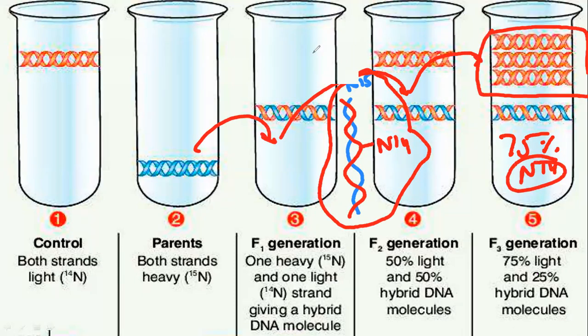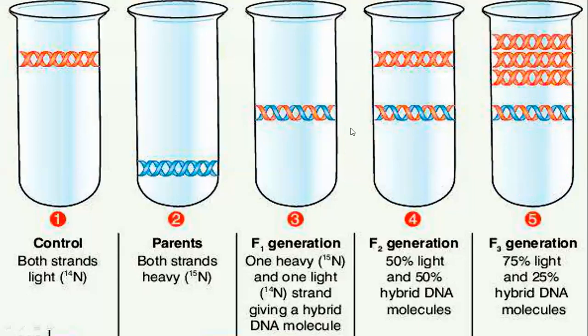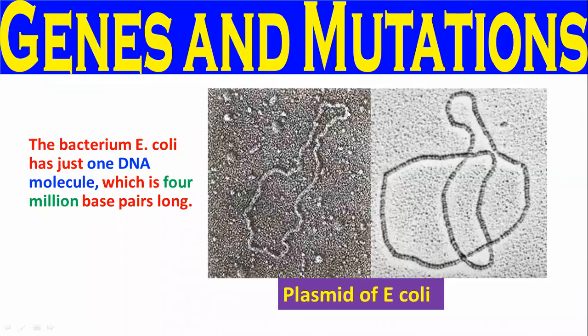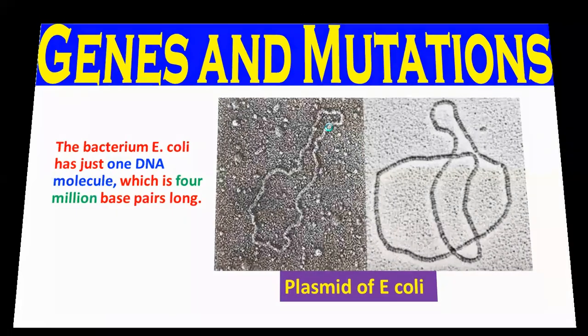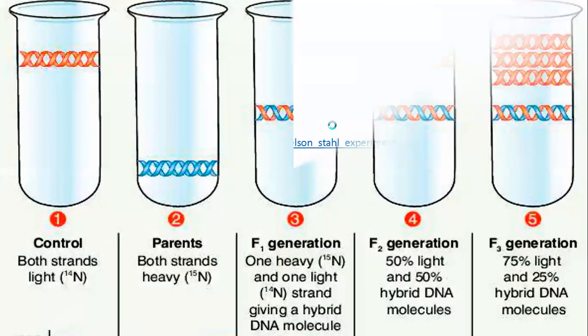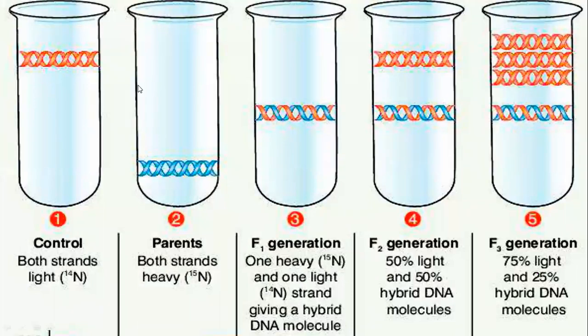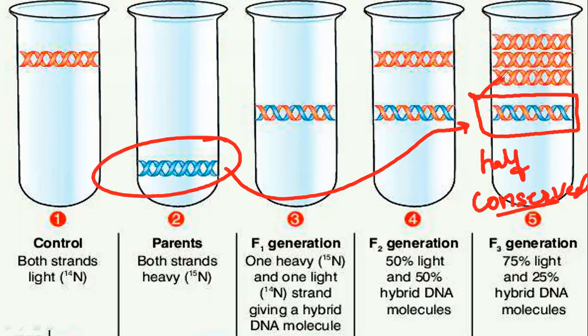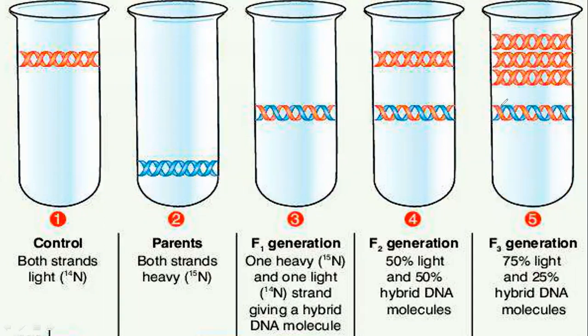So what was the conclusion on the basis of all this result? We need to remember that, because this question usually comes in the exam as well, how you can prove this. Let me go back again: this is called semi-conservative replication. Now, with this result, do you agree that even though it's half, it still conserves the parental nitrogen over here? So on the basis of this result, we can say it's not fully conservative.